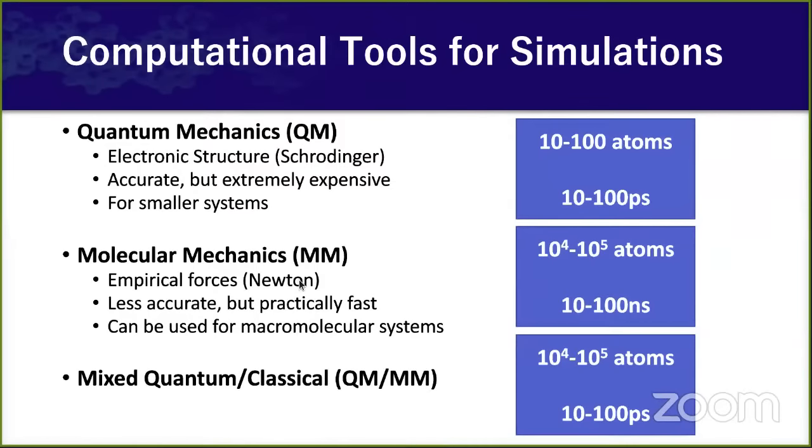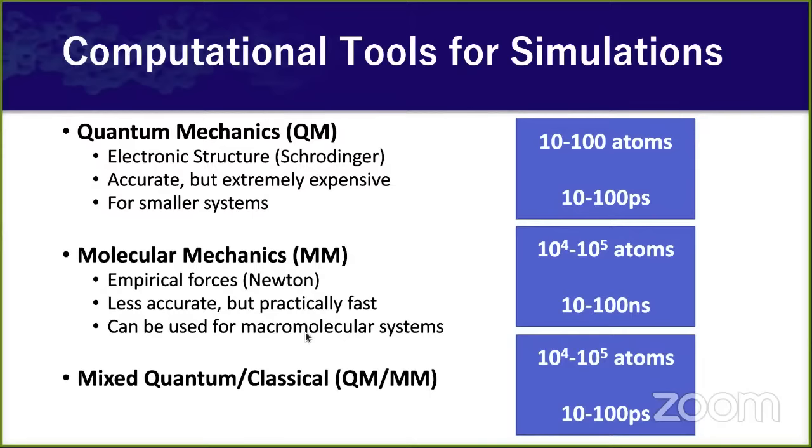Molecular mechanics, on the other hand, is based on empirical forces calculated by Newton's laws of motion, which are approximated for molecular systems. These are less accurate, especially when it comes to electron-level interactions, but they are practically very fast and we can perform them even for very big systems. Simulations have been done with millions and millions of atoms. So they can be used for biological systems, which are often much larger in size compared to small